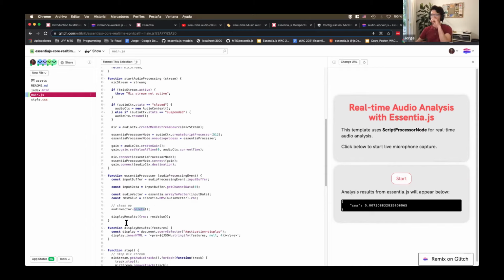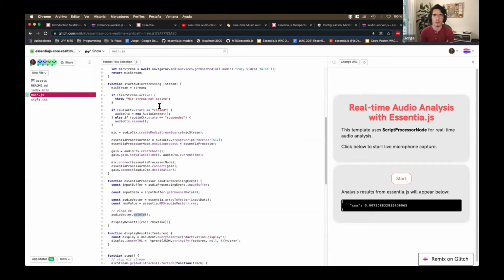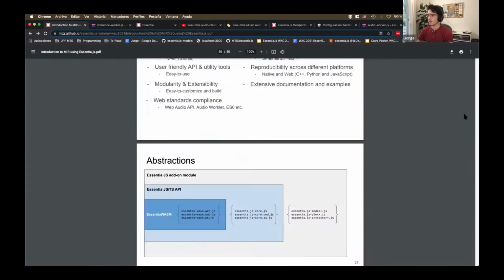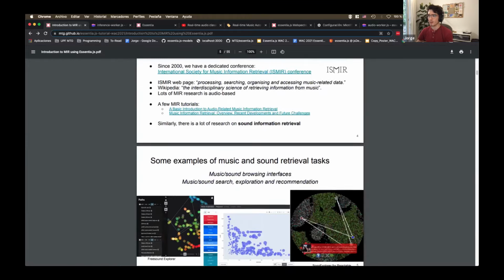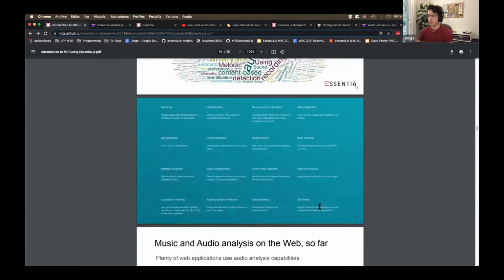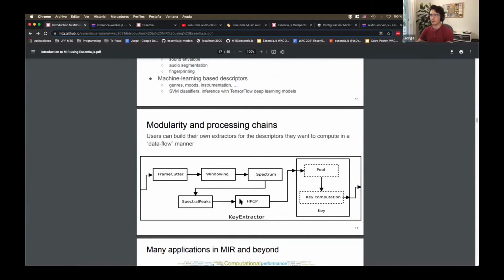So now I'm going to ask you to remix this example, and I will do it with you, and we will try to implement the chord detection that we saw at the beginning with Dmitry. So Dmitry showed us a basic pipeline. If you remember in the slides, we had this sort of pipeline up here. So exactly, we're going to try and implement this